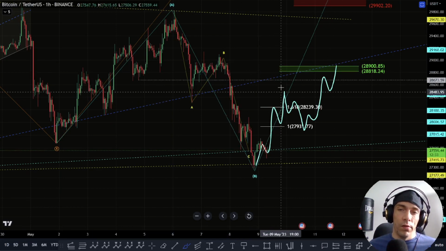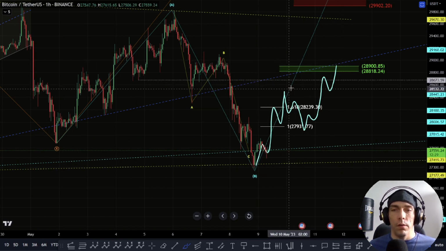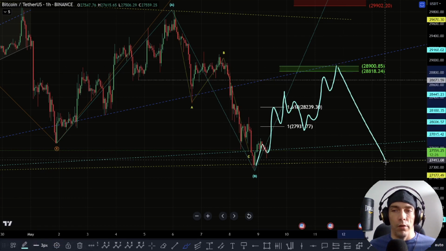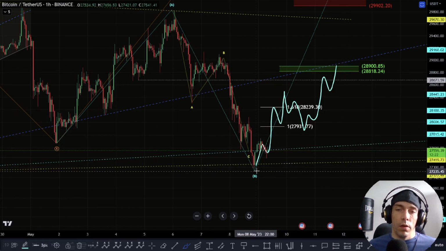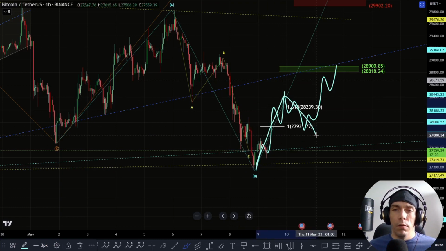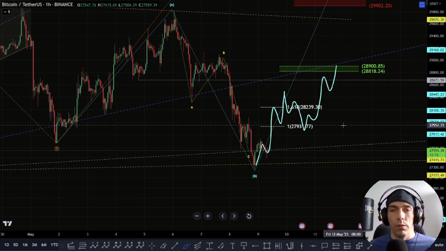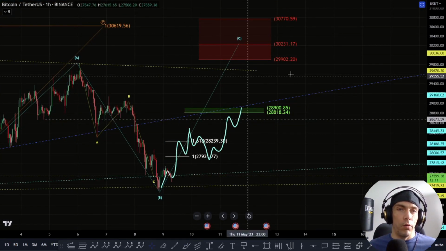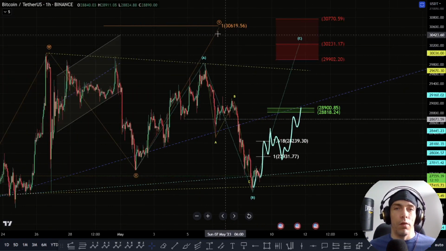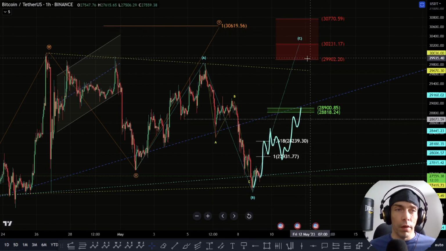But if this is just going to become a 3-wave move to the upside, this could then indicate that we have further downside to actually play out here after this point. Now, what we could also get here is a 5-wave structure up, a 3-wave move down, and then we get a bigger break to the upside, and actually look for a higher zone here for this wave 3, then a 4, then a 5, which could actually look to bring us up into the zone. So that 1-to-1 is still actually sitting here at this 30,619,